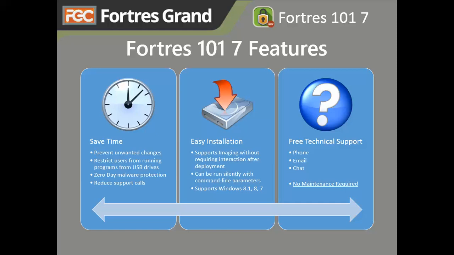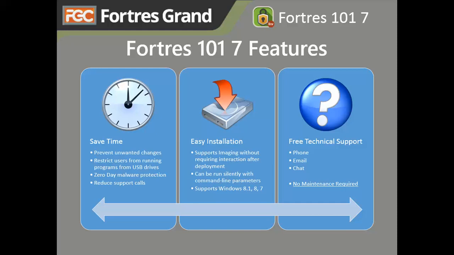Fortres 101 was designed to save you, the administrator, time. It basically prevents unwanted changes from happening on the computer so that you don't have to go back and undo what the users have done or repair machines that have been infected with malware or just generally been reconfigured. It allows you to restrict users from running programs from USB drives, so if you don't want a user to bring in a thumb drive and launch an application and just run any program that they might have on your machines, you can do that with Fortres 101. And all of this is to reduce support calls and allow the machines to be in a stable configuration for